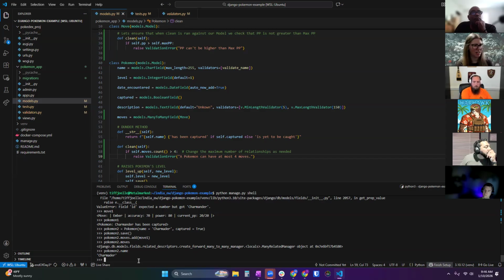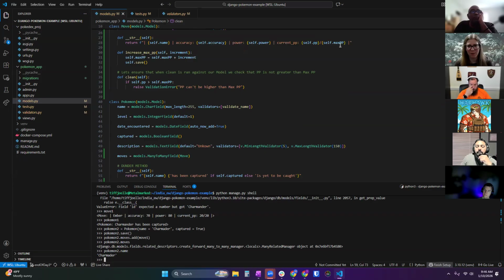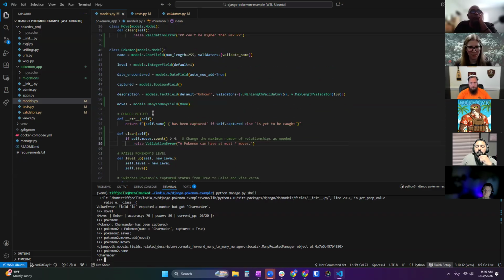In order to see the object's information in this many-to-many field, I will be able to see it because there's a string method. If I didn't have a string method, I still wouldn't be able to see it very well, but I would do Pokemon 2 dot moves dot all.